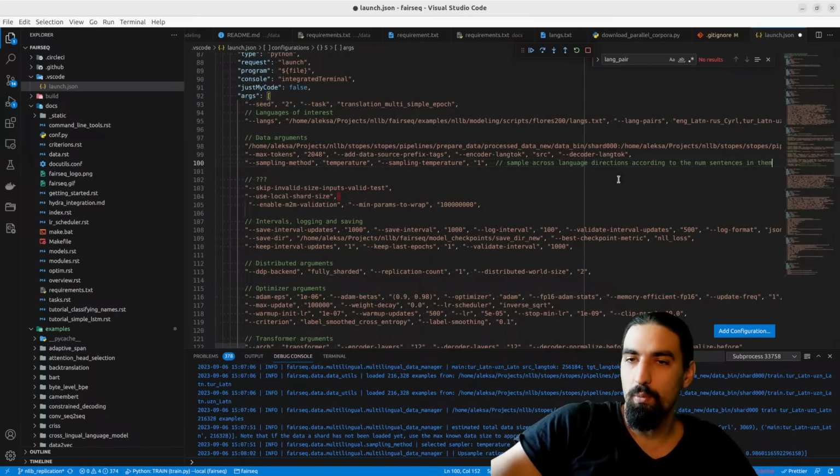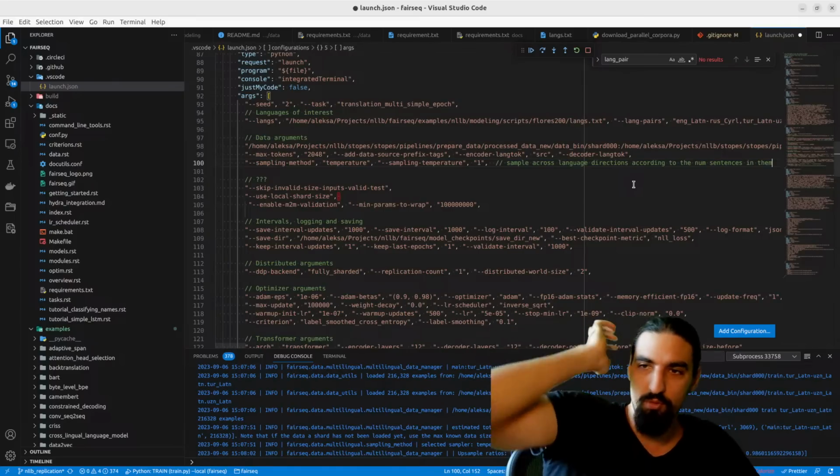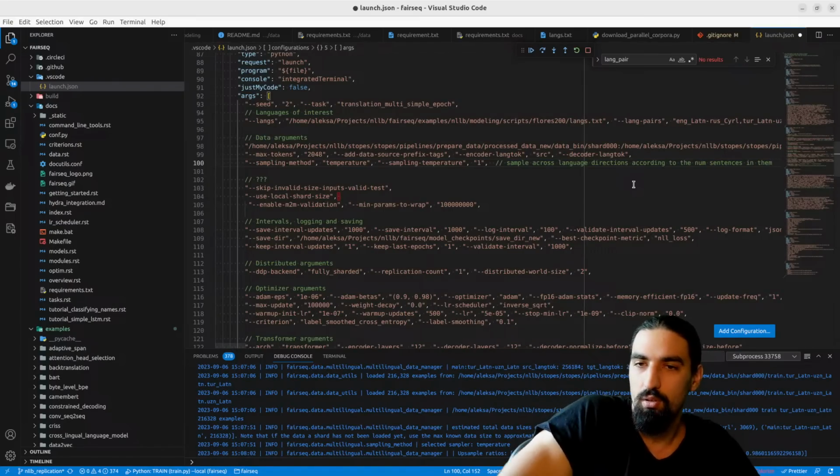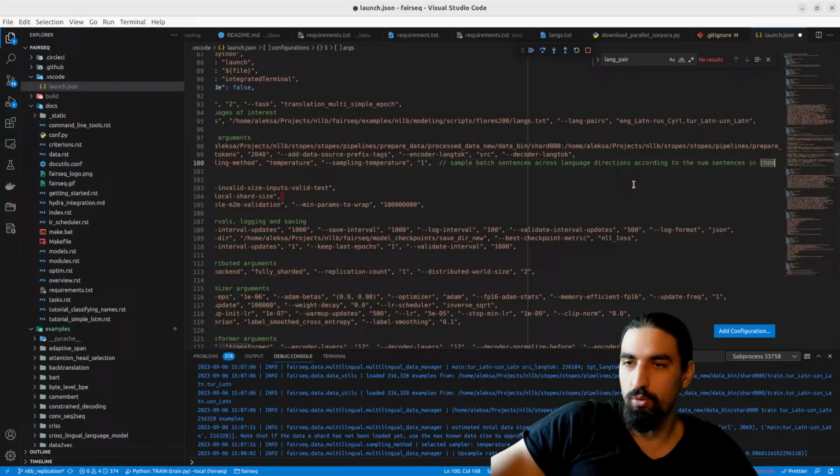Sample across language directions according to the number of sentences in them.